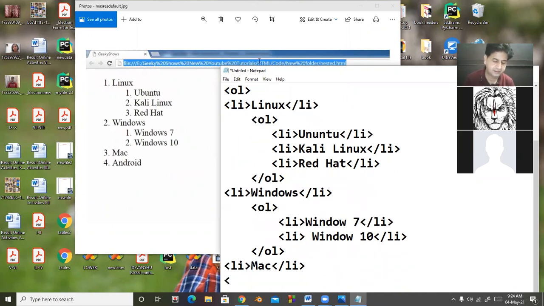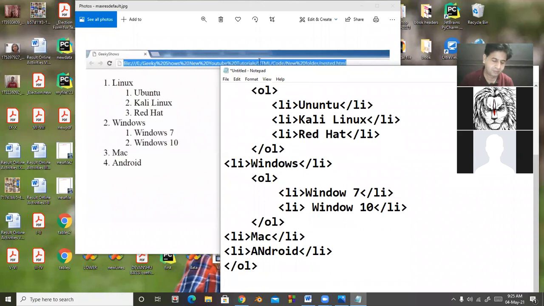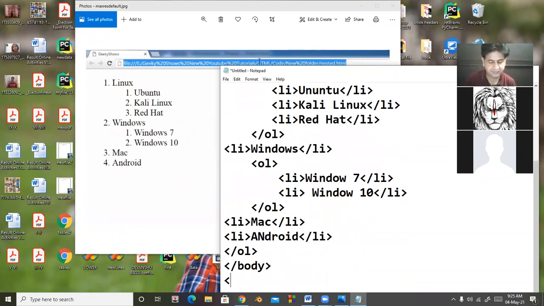Then LI, Android, LI closed, and then the main list closed. Then body tag closed, and then HTML tag closed.